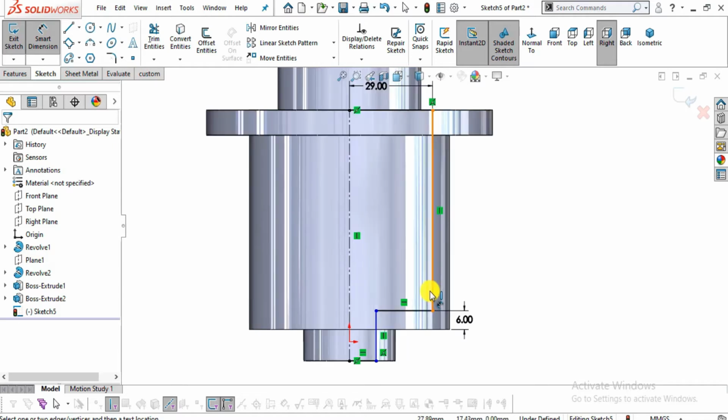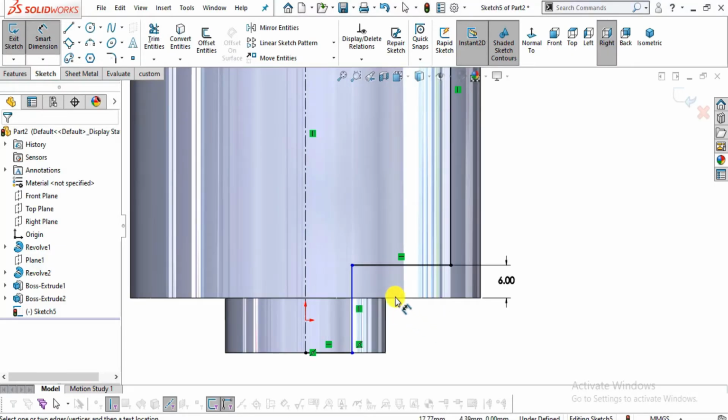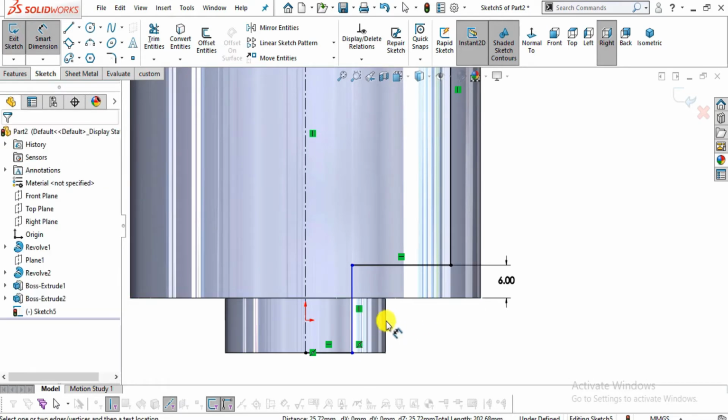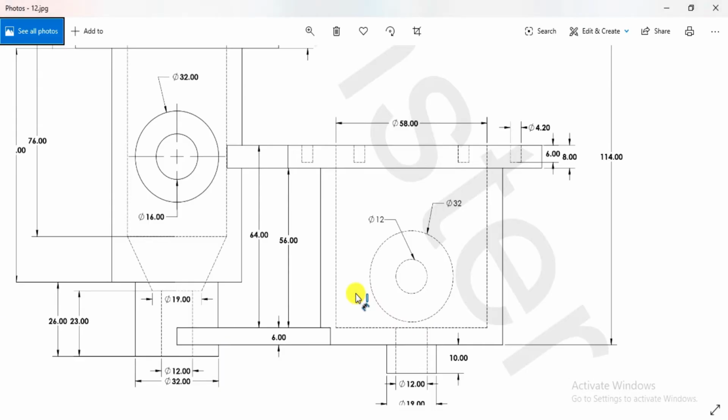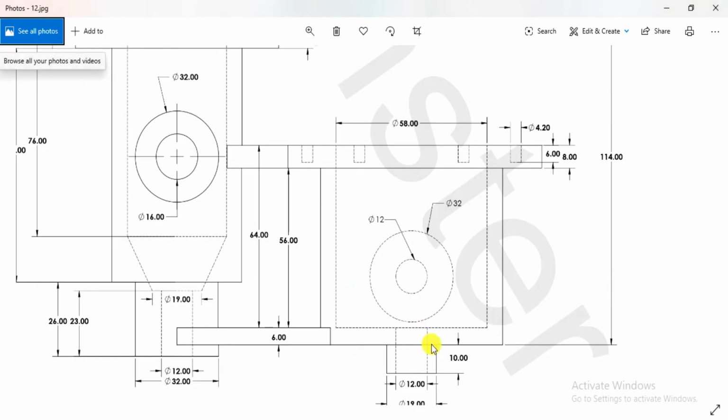Now this is 10 mm. So select this side and this side. This will be 16 mm, 10 mm from here to here, and this from here to this will be 16 mm.